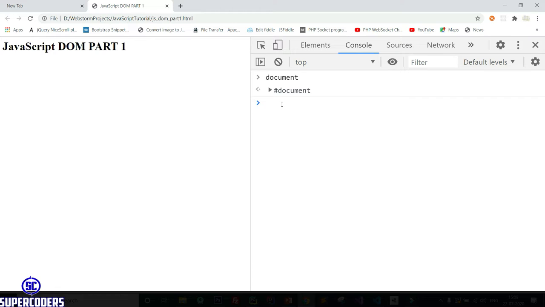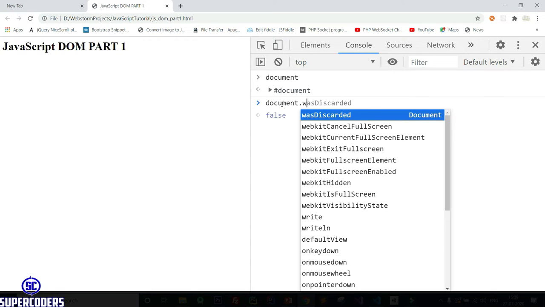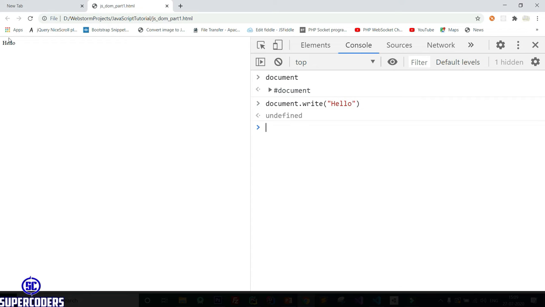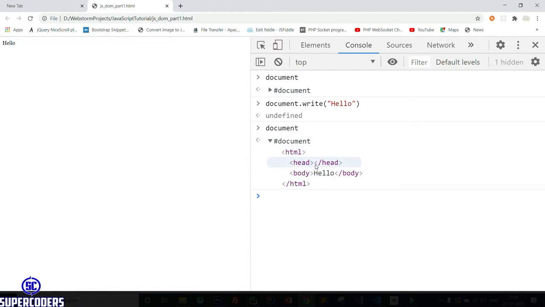Then if I do something like document.write hello, you can see it changes the text and writes hello in our page. If I again run document and open this, you can see it prints our HTML page data.